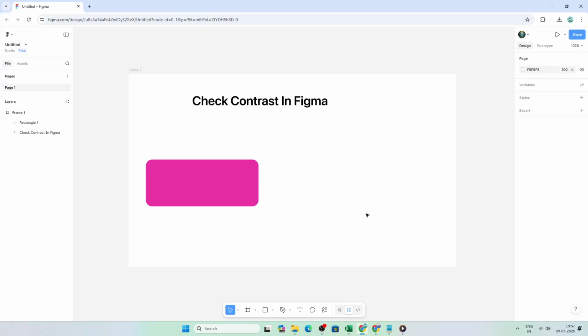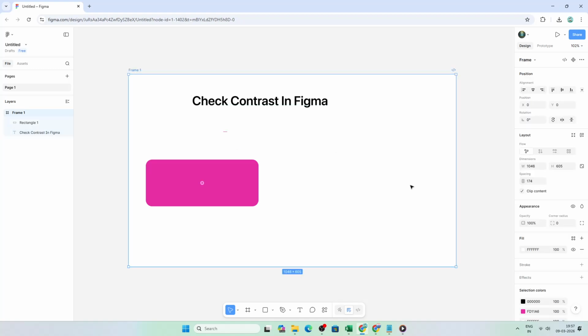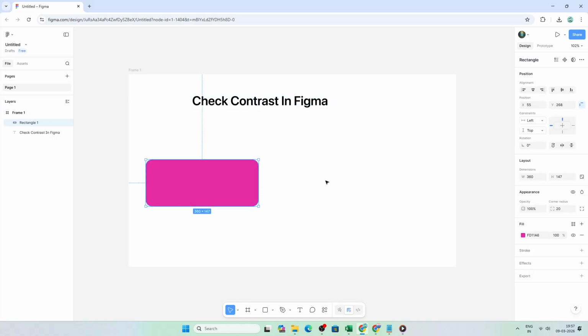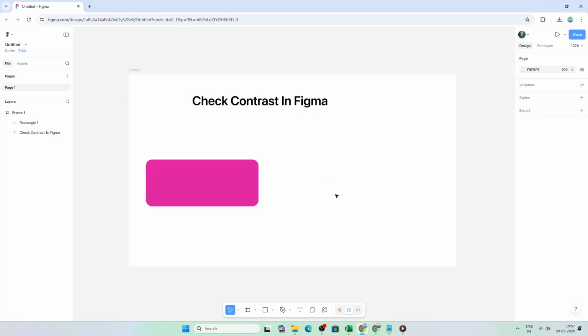In today's video, I am going to teach you how to check contrast in Figma. Ensuring strong color contrast is essential for readability and accessibility. And Figma now makes this process quick with a built-in checker that references WCAG standards. Whether you are designing interfaces, marketing pages, or presentations, this will help you confirm that your text and icons remain